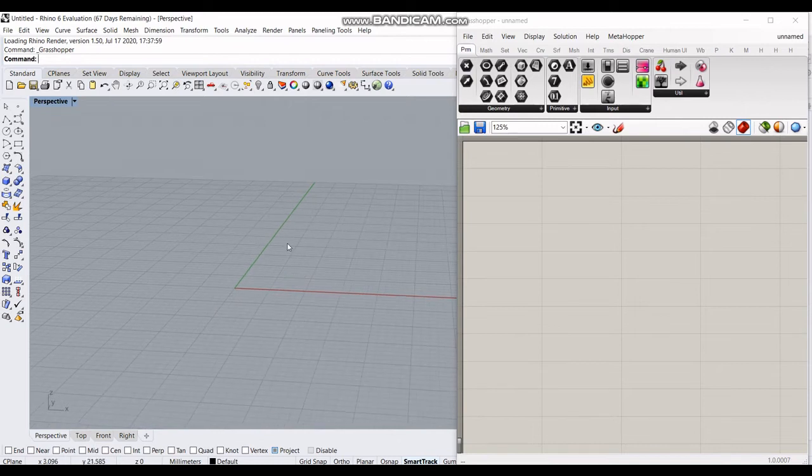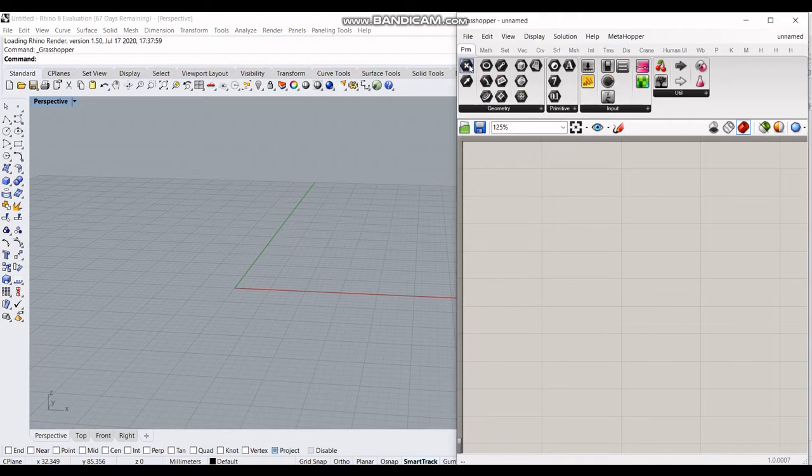So this is how the environment will look, and Rhino is like any other 3D CAD software that you would have used. You can build any kind of 3D models in this, and Grasshopper is a 3D visual programming environment that is interfaced with this Rhino. So let's start with something very simple.